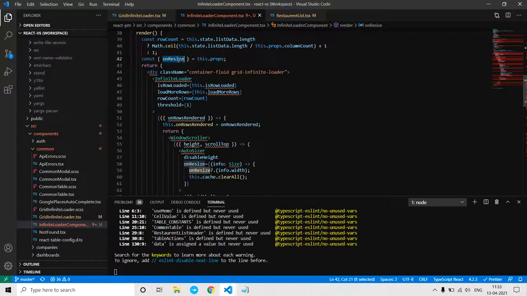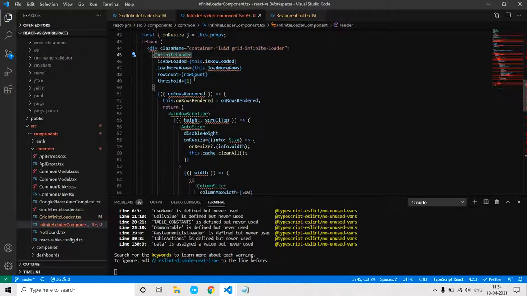And so we have this on resize function, which I'm going to take from the props. Okay, so let's see the definition of on resize later. I'm going to show the content of the resize function, and here we have this infinite loader component, which is from the React virtualized package.